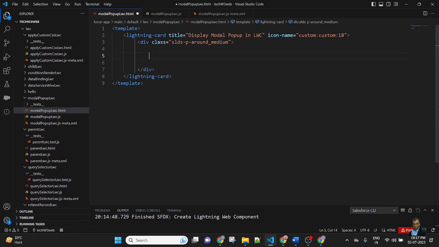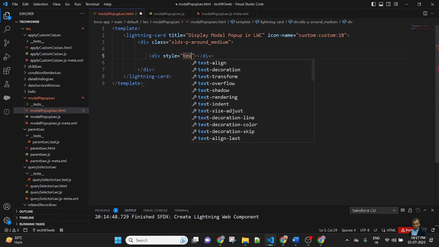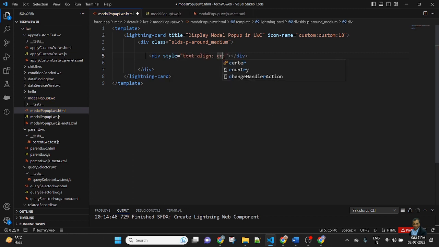Then I will create a button. Add a div with style text-align center, so the button will display in the center of the screen.